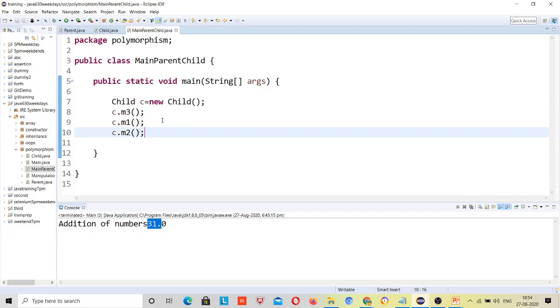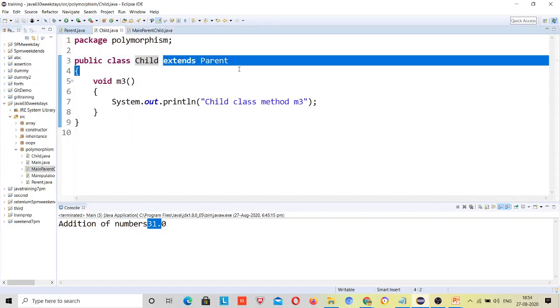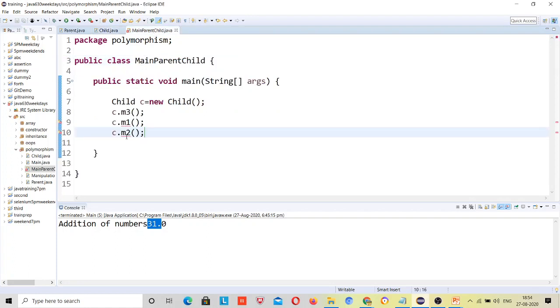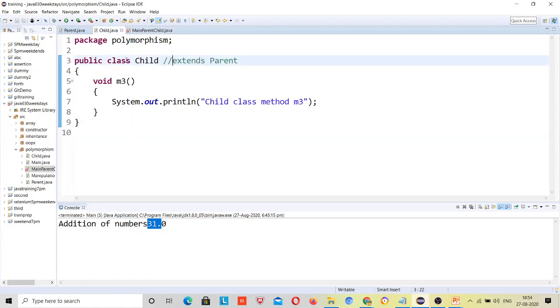But if we don't extend, suppose I comment this line, then you cannot call these two methods, M1 and M2, because they are not present inside this class. Once you extend it, all these come over here. So this is the concept of inheritance.